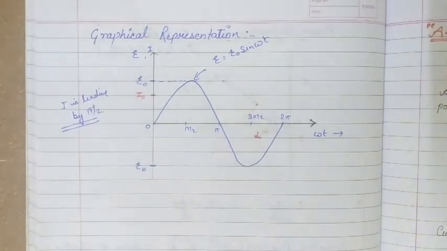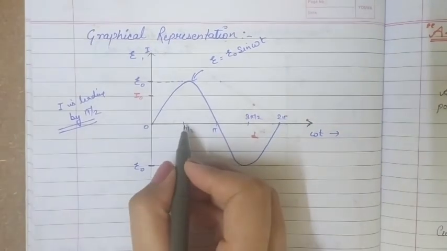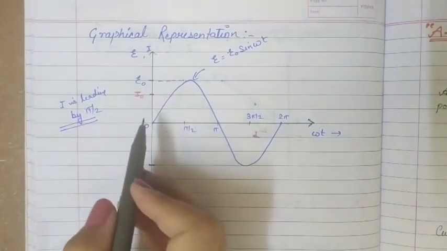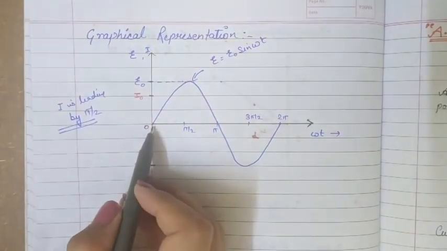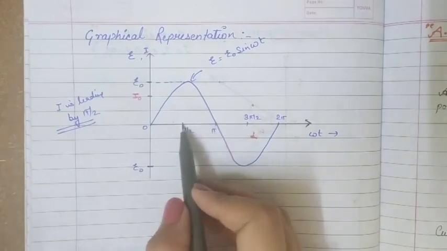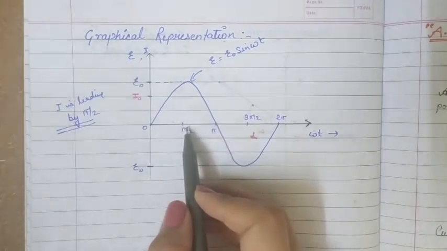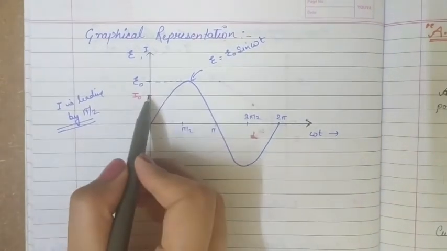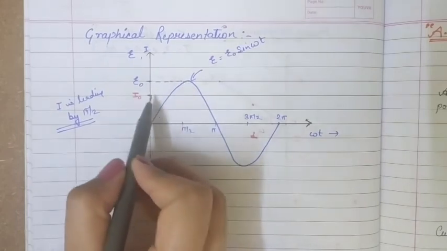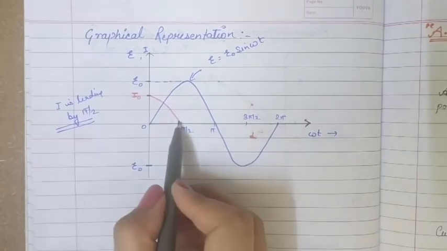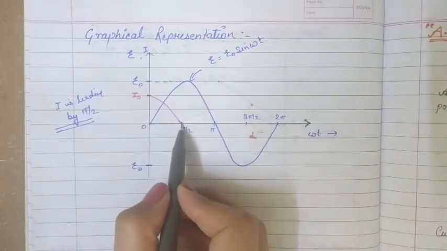So ग्राफ हम कैसे बनाएंगे, जो वैल्यू हमें EMF की मिली है pi by 2 पर, that current has already attained at 0, मीन्स करंट आगे चल रहा है, तो उसका मतलब है EMF का जो पॉइंट, जो वैल्यू आपको पाई पे मिला है करंट का, वो वैल्यू ऑलरेडी हमें पाई बाय 2 पे 90 डिग्रीज पहले ही मिल चुका है. दैट मीन्स करंट इज लीडिंग. सो ग्राफ विल बी लाइक दिस कि यहाँ हमें मैक्सिमा पाई बाय 2 पे मिला था, तो करंट का मैक्सिमा हमें 0 पे मिलेगा, राइट. दिस विल बी द कंडीशन ऑफ ग्राफ.